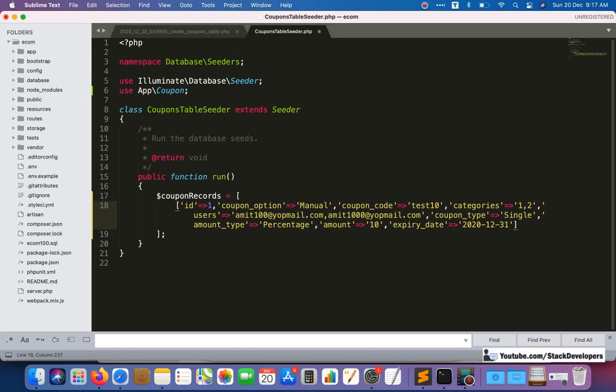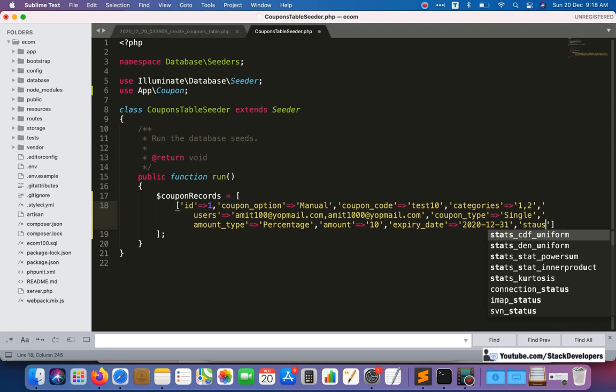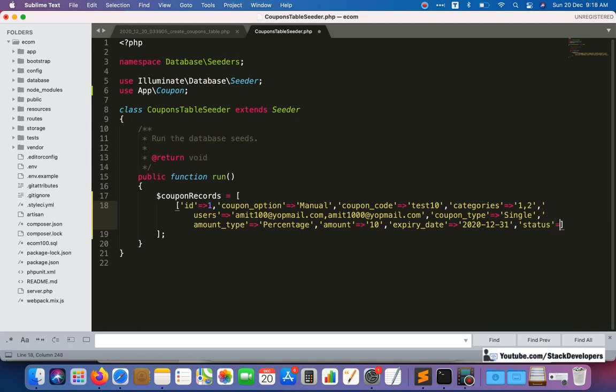So I am adding the current date, that is 31st December 2020, year 2020. Okay, so after that status will be 1. Okay, we are going to add the 1, so this one is fine.